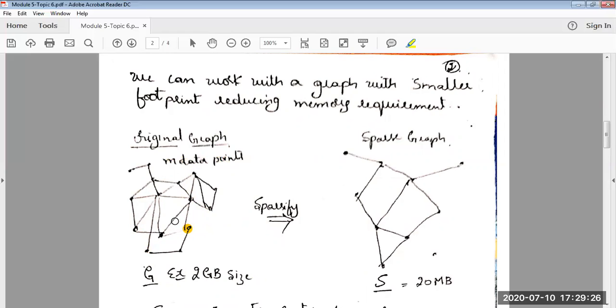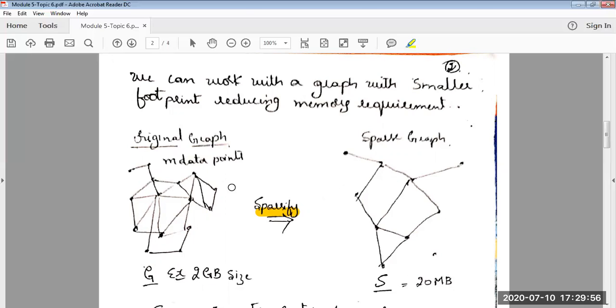So, what exactly are we doing? We will not take the original graph and give it to the clustering algorithm to create the clusters. Instead, we will make this graph lightweight, meaning that we'll try to remove a few edges. Maybe we will even remove a few points that may not be so relevant. And this process we call sparsification, trying to make the dense graph lightweight.